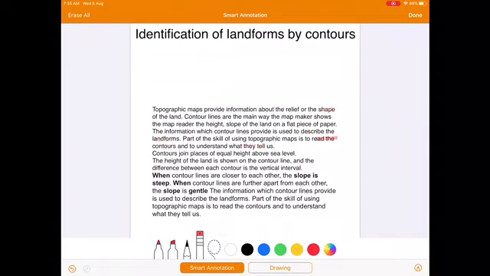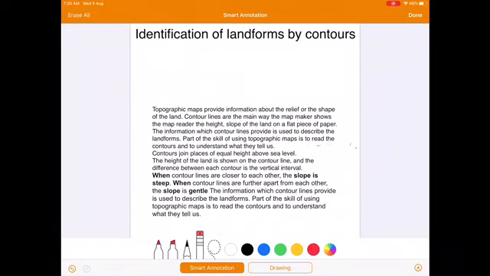of that region. So, children, the height of the land is shown on the contour line, and the difference between each contour is the vertical interval, or we can say a contour interval also. So, children, what is a contour interval? Contour interval is a difference in height between the two contour lines, and this contour interval is always 20 meter on the topographical sheet. Right, children?